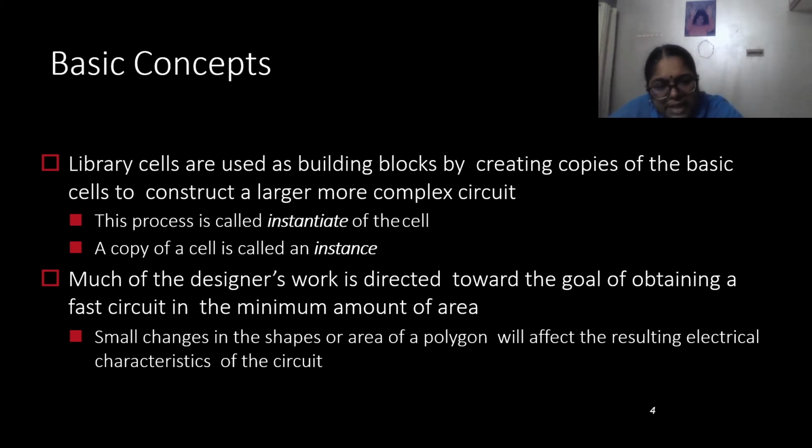How will they affect the electrical characteristics of the circuit? Because we know that each layer that is being formed actually has some resistance and exhibits some capacitance. So, an RC network would be created. Thus, delay or propagation delay would be added to the circuit.